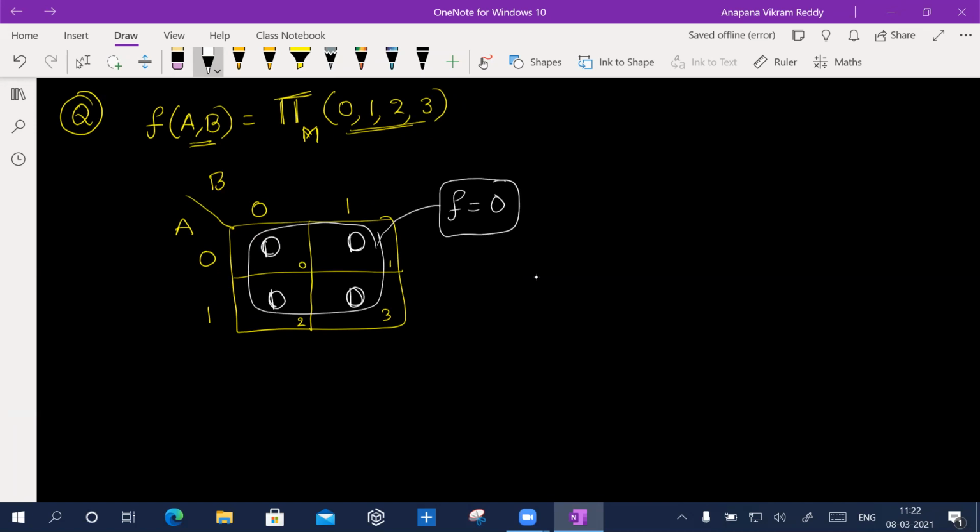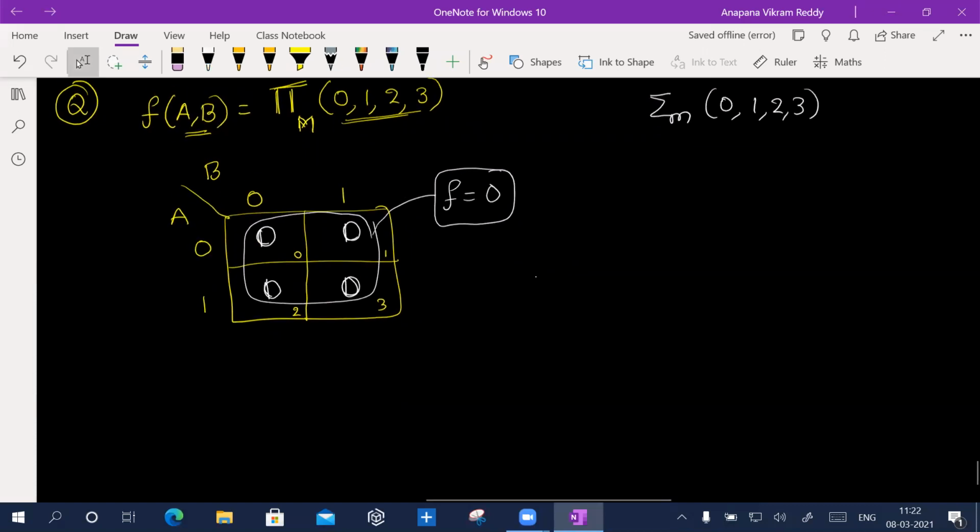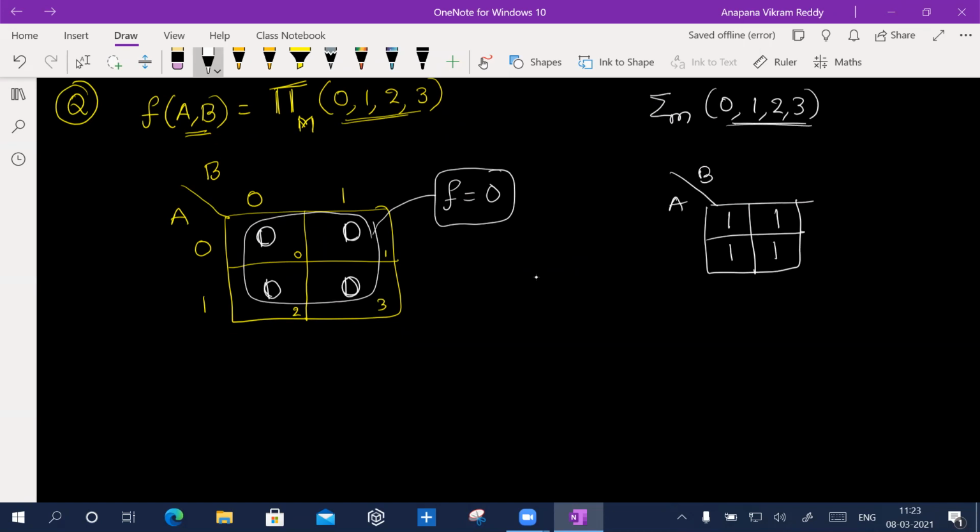See, if it is sum of minterms, for example, 0 is logic high in case of max terms, and 1 is 0, okay? And the reverse is true with minterms, because 0 is low for minterms, and 1 is high there. So if it is the case of sum of minterms and I have all ones, 1, 1, 1, 1, then F is equal to what here? 1. In this case, F equal to 0 for the max terms.